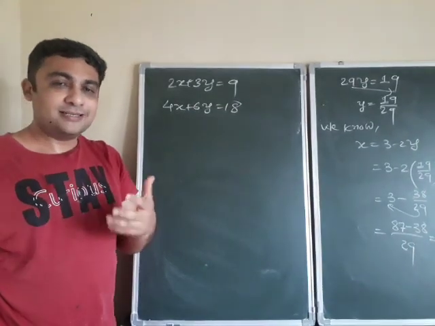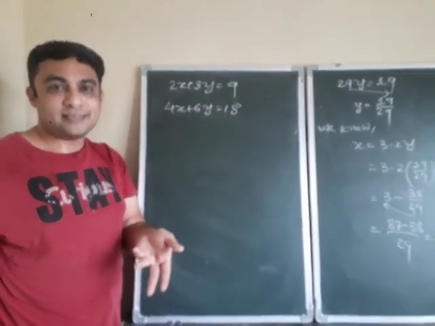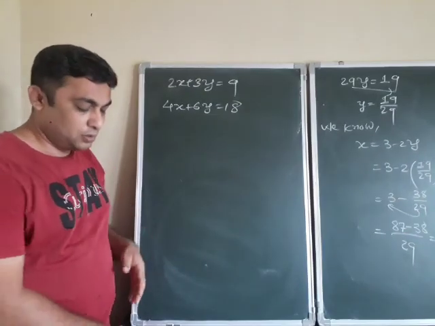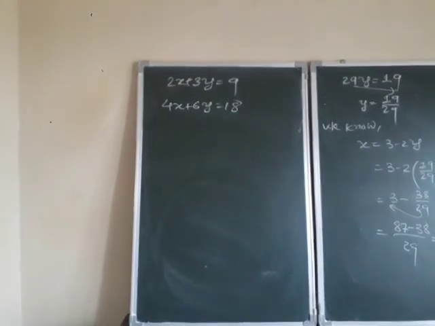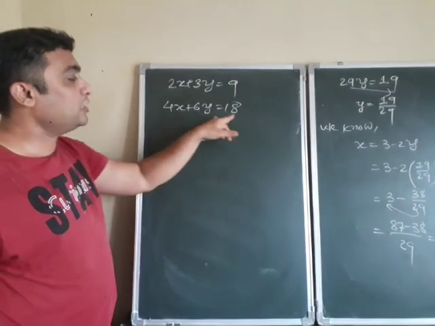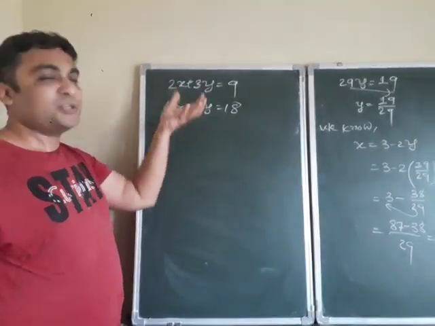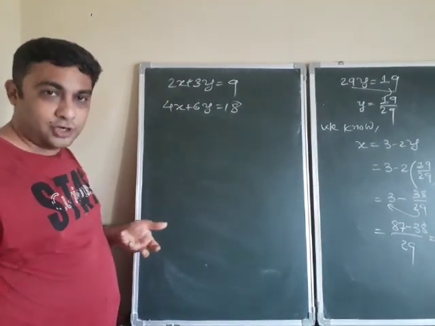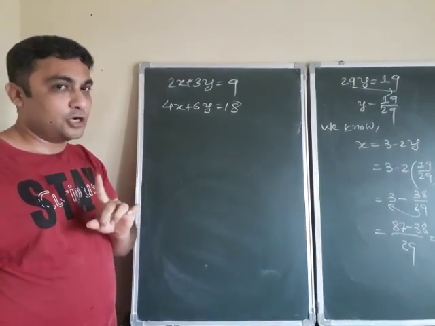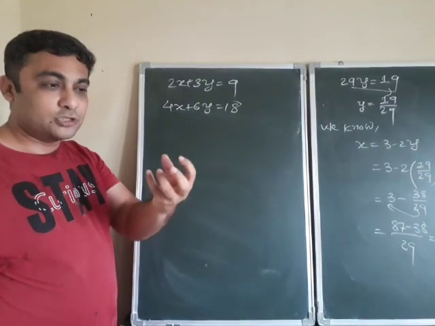So if an equation is not given in its lowest form, you can convert it to its lowest form and then consider it as the second equation. If you consider this equation, then also you will get the solution. But to make the calculations easy, if you divide this equation by 2, the coefficients are reduced once you divide by 2. If you keep it the same way and operate the method of substitution, you will get the solutions. Understood or not? But if you reduce this by dividing by 2, you will get the easy solutions because the coefficients are reduced.